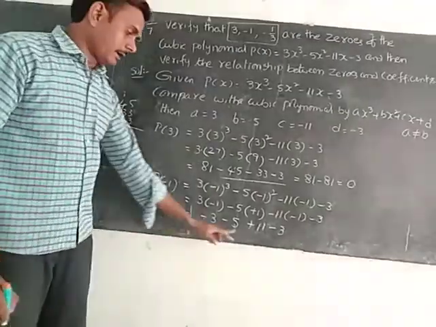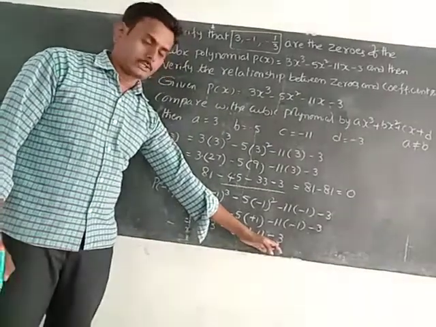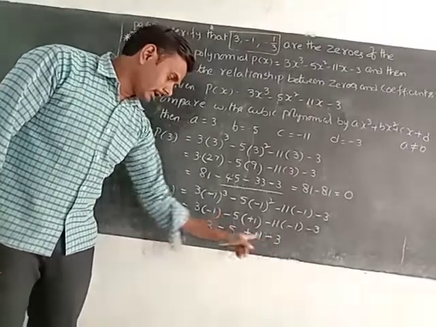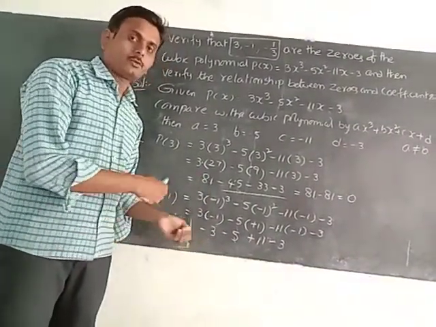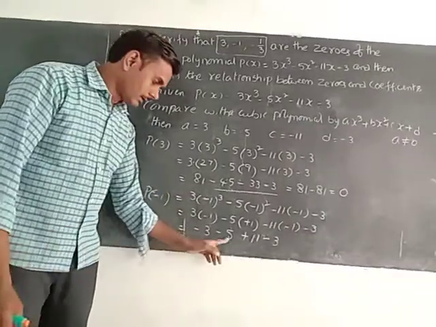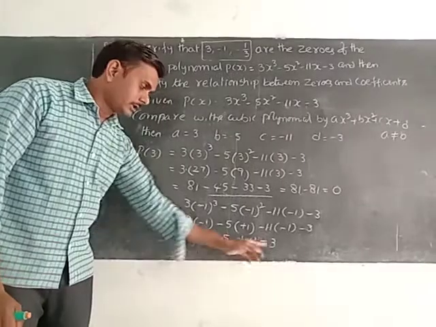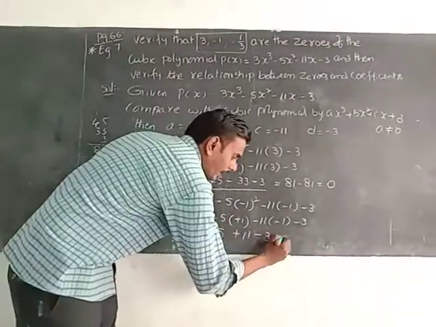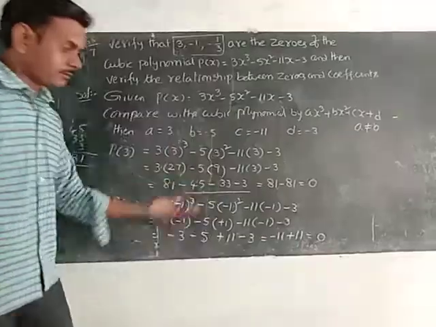If you observe here, the plus value is one number only, 11. The remaining 3 have a minus sign. We add those: minus 3 minus 6. Whenever you have the same sign, we add and give the same sign. 3 plus 3 is 6, 6 plus 5 is 11. These three numbers have the minus sign. So minus 11 plus 11 equals 0.